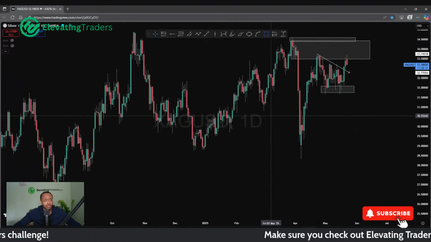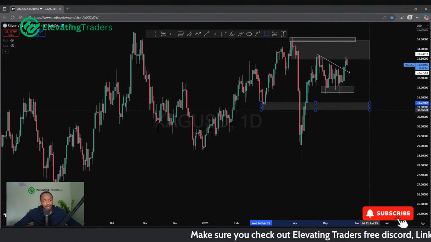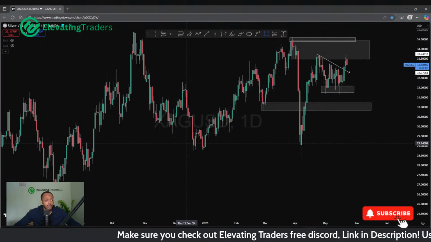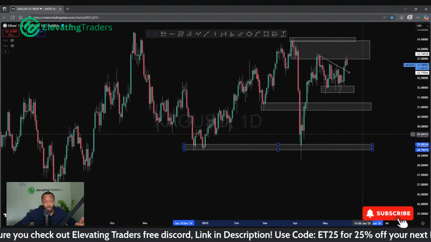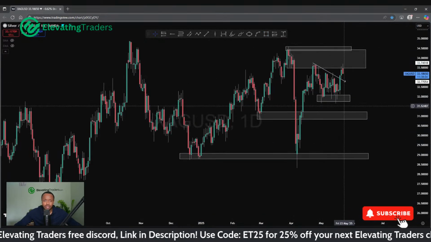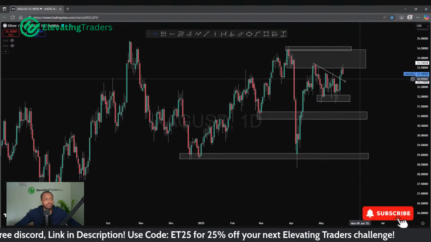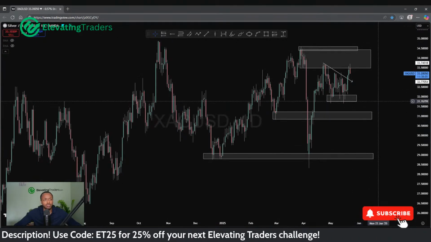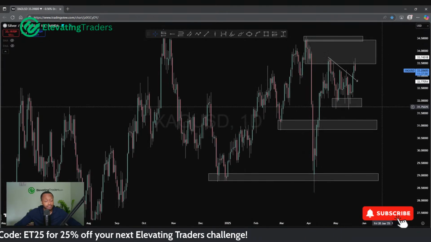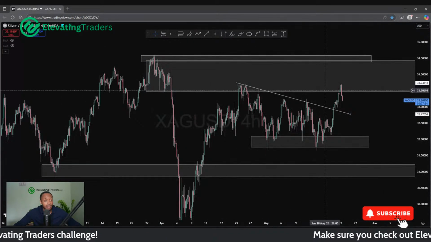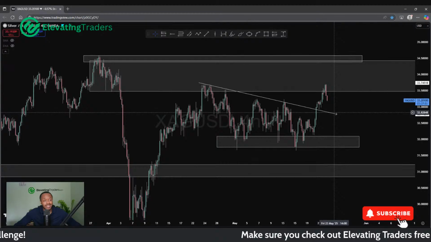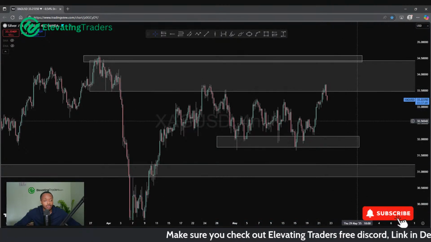I've talked about silver potentially pushing back into 31, a push back into 29, as I'll be happy to buy from those areas because I know I can hold a trade for at least a few days if momentum does really push it in my favor from those levels. At the moment, though, I'm not really seeing much of an opportunity. I mean, to be honest, it's not actually a bad place for a short. But again, I'm not really bearish on silver. I'm only kind of looking to buy it.